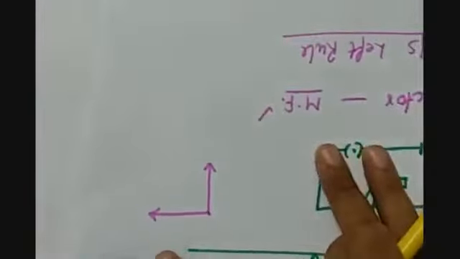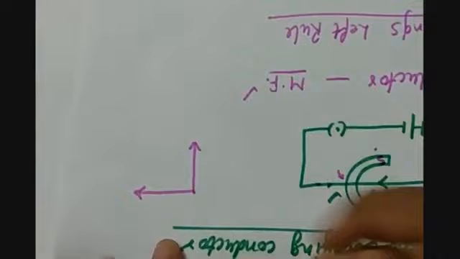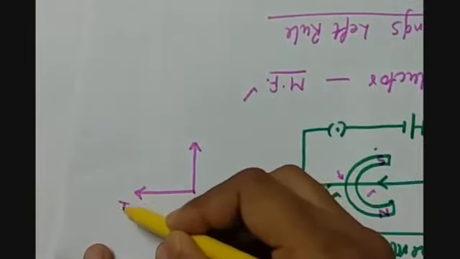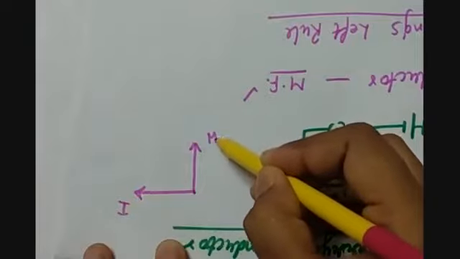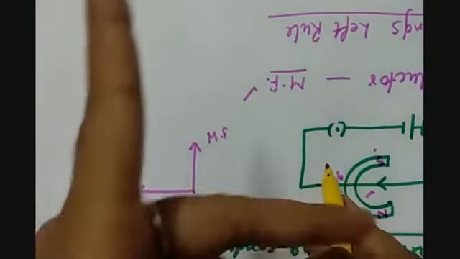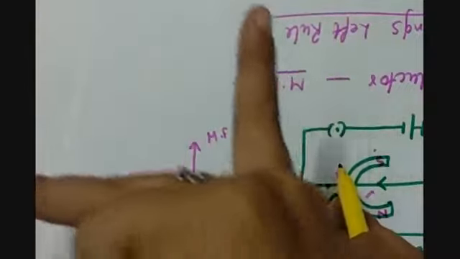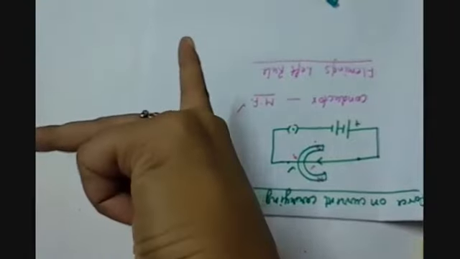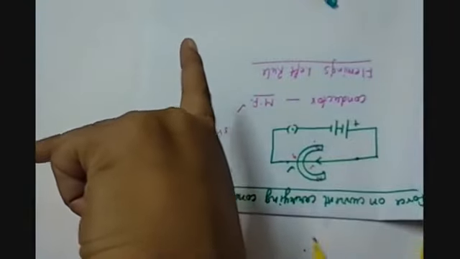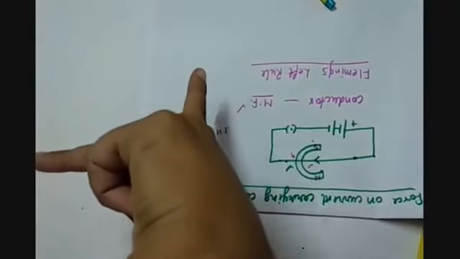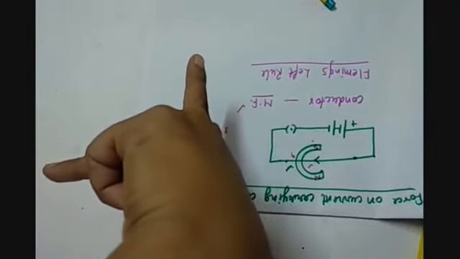So now it's more convenient for us, because this was the direction of the current and this was the direction of the magnetic field. So now we can align our left hand, see it clearly, or you can see it from here, that when I place my left hand,